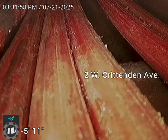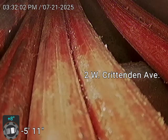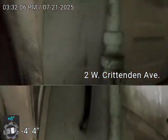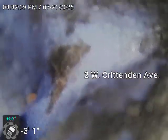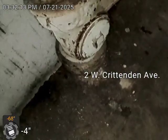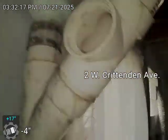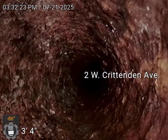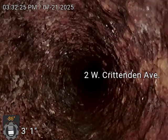Alright, the line is open. We're going to go through the top of the stack, since it is PVC. You can see here there's the lower access, and you can see this one comes out a lot easier. And then this should be all cast iron on the inside,